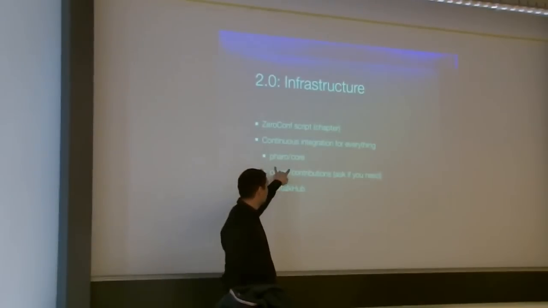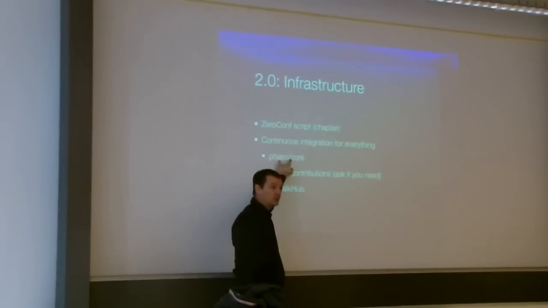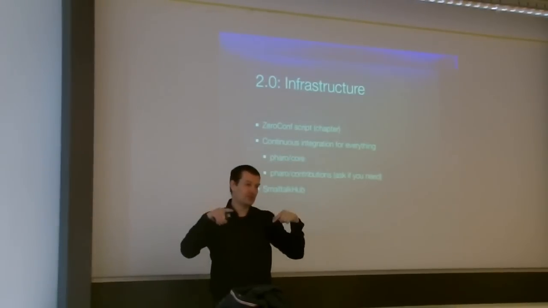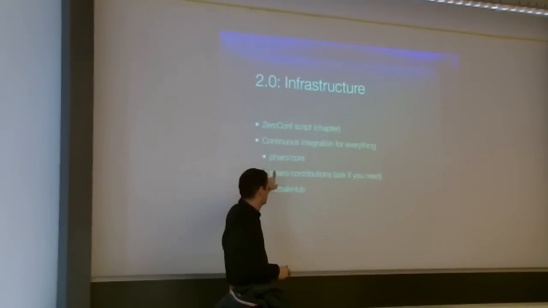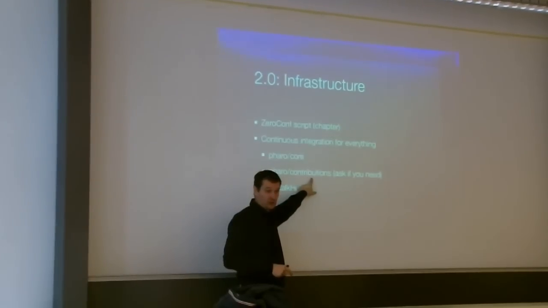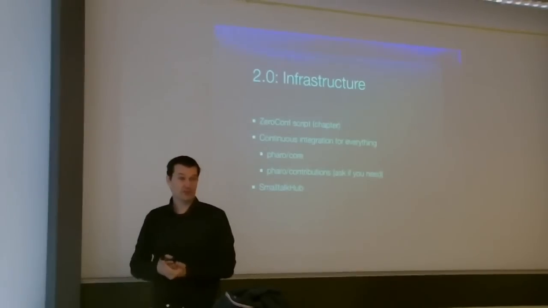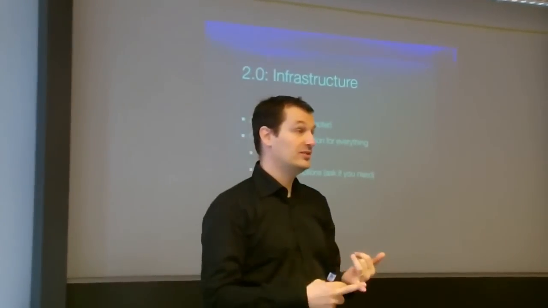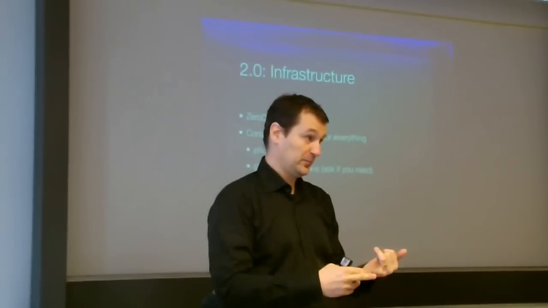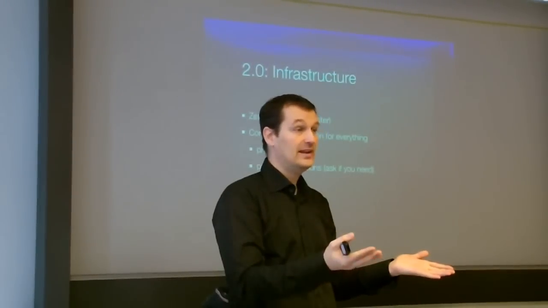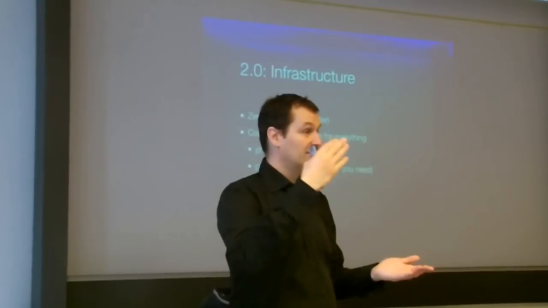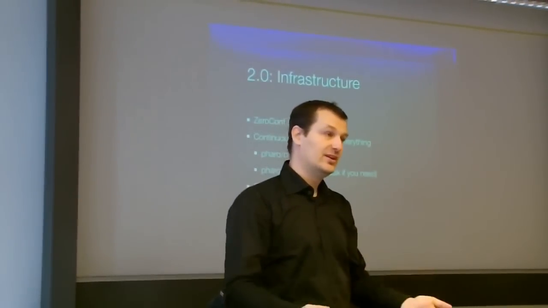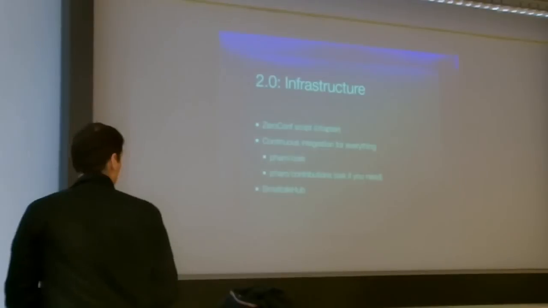What we will have is that if you go on our integration server, you will have the Pharo core, this is our business, and we want to have as few jobs as possible there. Of course, they build on 3 different platforms and things like that. And then we have the Pharo contribution. This is the thing that we will maintain. For example, I maintain the XML writer because I need it, so I ported it to Smalltalk, and I systematically execute the tests. Each time there is a commit, the tests are executed and things like that. So if you need, you can get